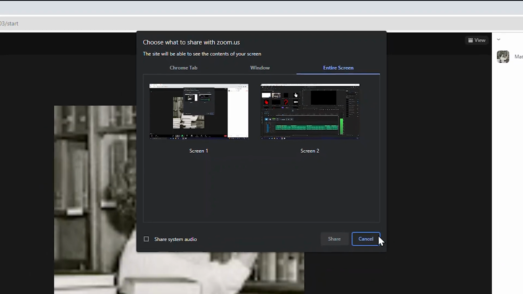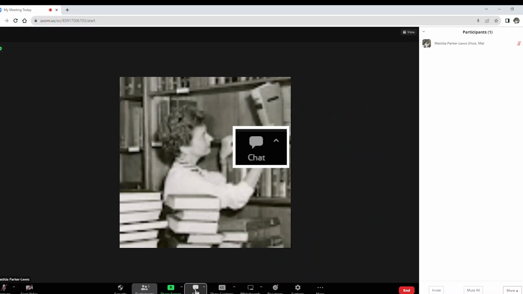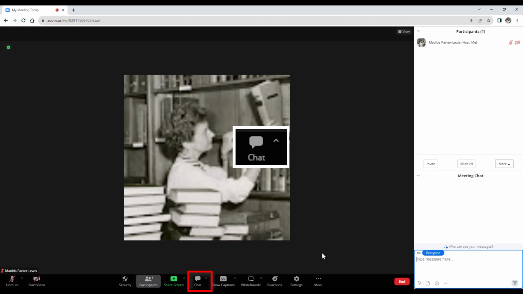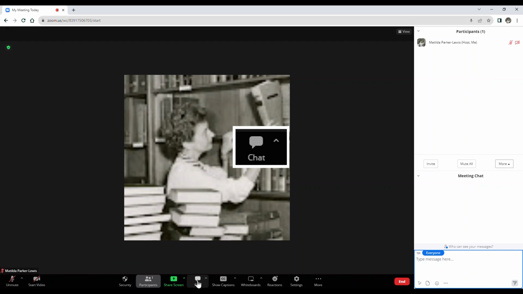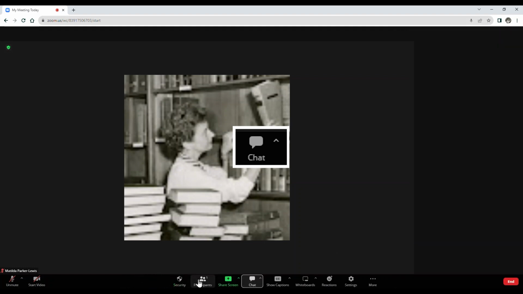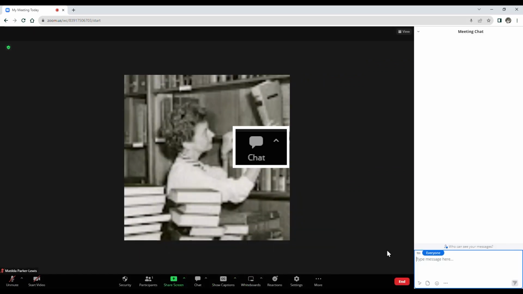The next icon opens the chat, and clicking the chat icon is how I will get to the chat for the duration of that meeting. Chat is just another way to communicate during the meeting, especially if you are participating in a presentation or a webinar. The presenter may prefer that you use the chat to make comments or ask questions, and they would tell you that at the beginning of the meeting. They might also ask you